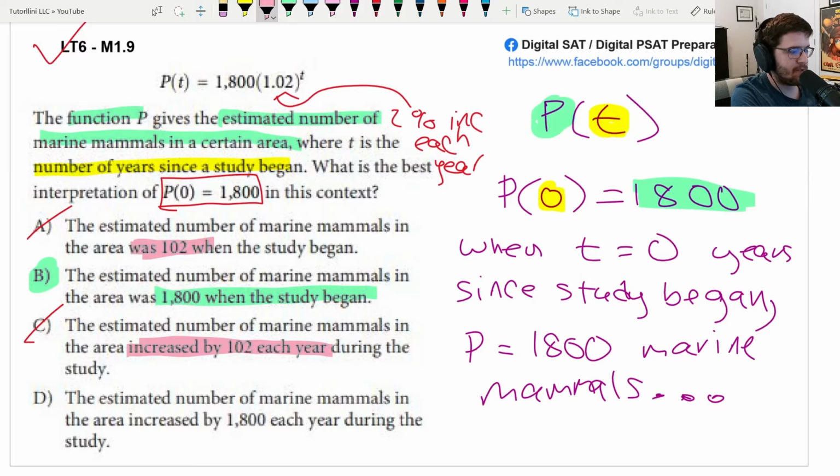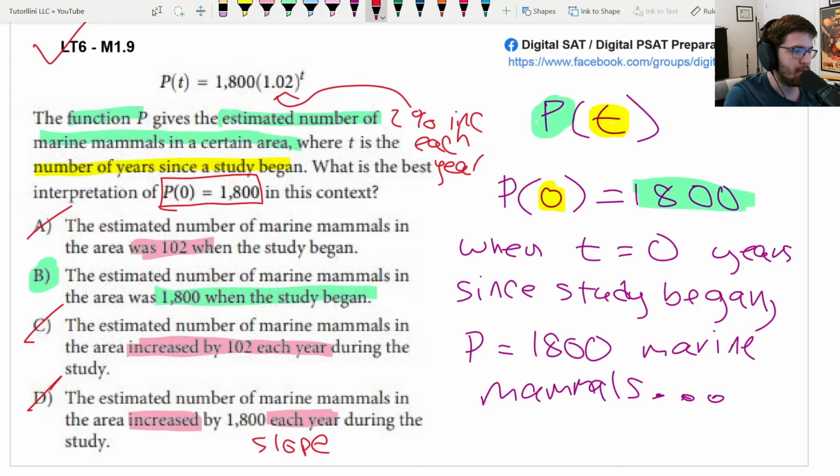The estimated number of windmills in the area increased by 1,800 each year. Okay. That is wrong. That almost sounds like a slope, right? But the question is not asking us about a slope. First of all, it's not even a linear function, so there is no slope. And second of all, it's not asking us about a slope, it's asking us about a point, so that is